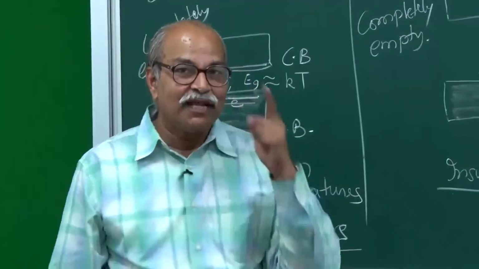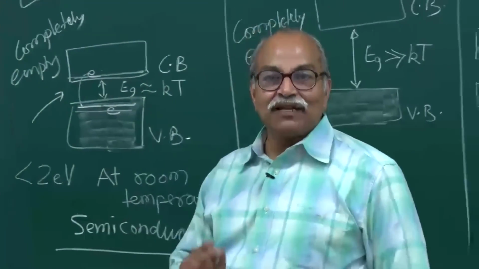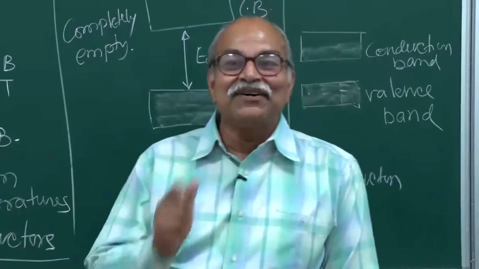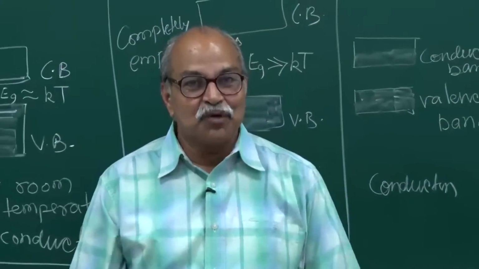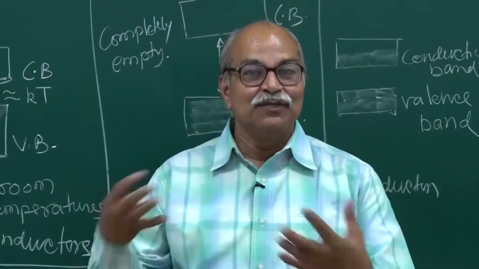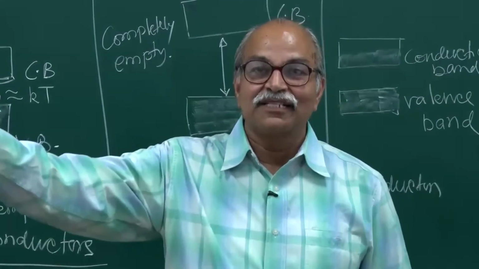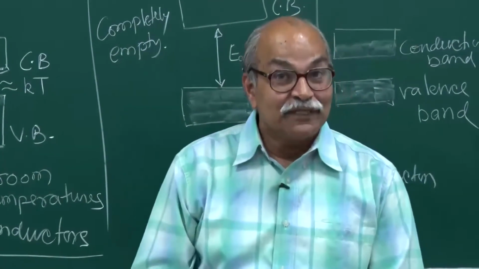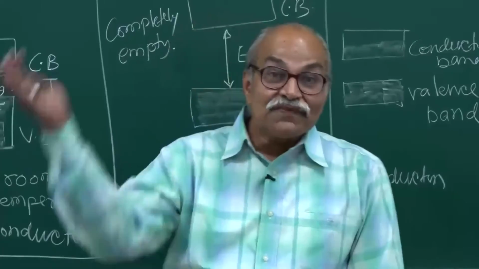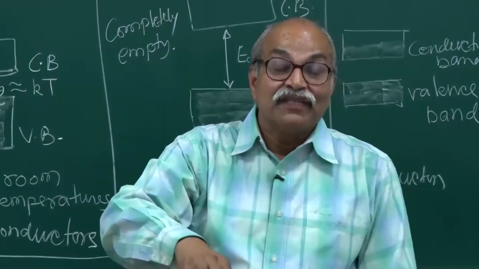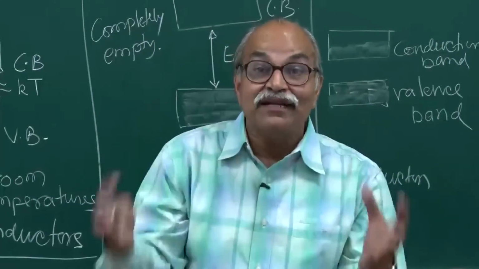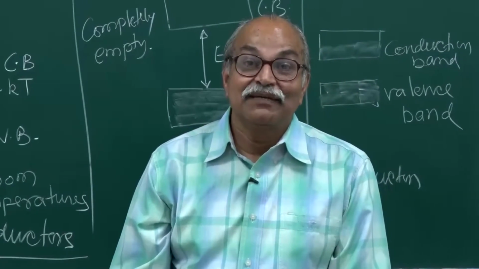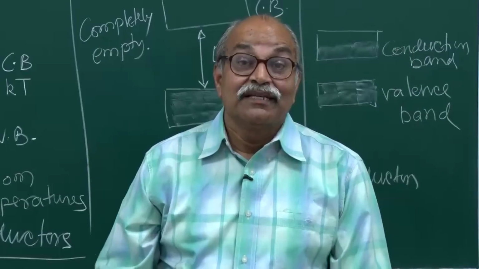And Z is equal to 11 I have talked, Z is equal to 12 I have talked, and Z is equal to 14 is the silicon, which is the model semiconductor which I will be using for further discussions. Most of our discussions will be in reference to this Z is equal to 14 element, which is silicon. Most of the semiconductor electronics even today is built around that silicon. So that silicon will be our model element semiconductor, which I will be talking next.